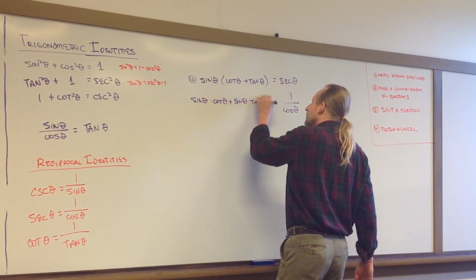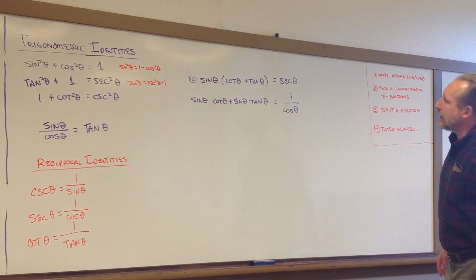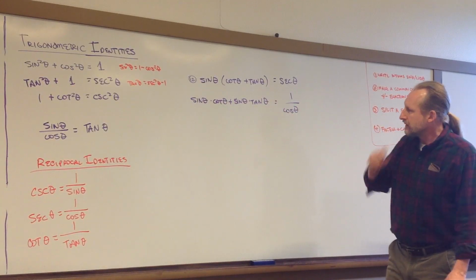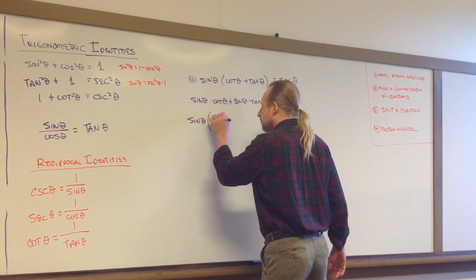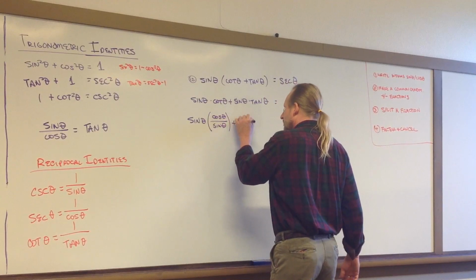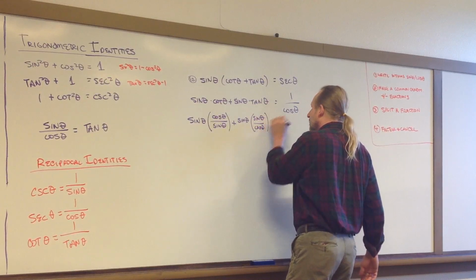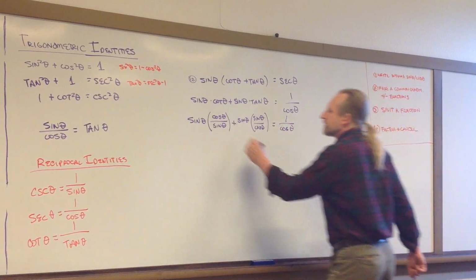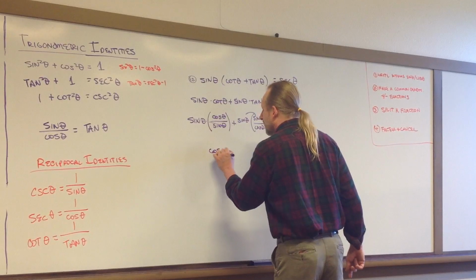Theta times tangent. Let's see here. I'm going to write the tangent and cotangent as sines and cosines, because that's kind of where we're at in this problem. So sine theta cosine over sine, and then sine theta times sine over cosine. And this is supposed to be 1 over cosine theta. Okay, so these cancel, and these get multiplied, and we get cosine theta